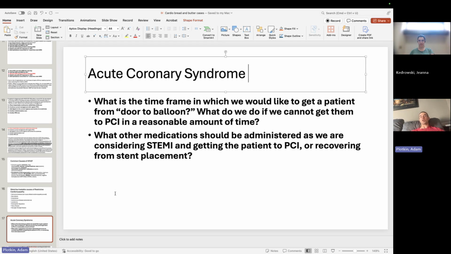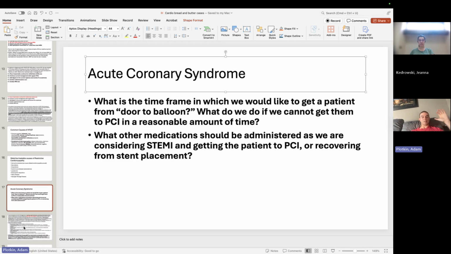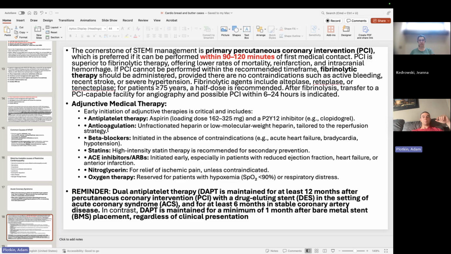We can also consider metoprolol succinate. We'll talk about when not to use it. But again, is that absolutely necessary? Meh, it's hit or miss. And then we can consider morphine. We can consider oxygen. The data on morphine actually shows that it reduces the absorption of some of the P2Y12 inhibitors, so maybe don't give morphine. It's kind of up for grabs on that.